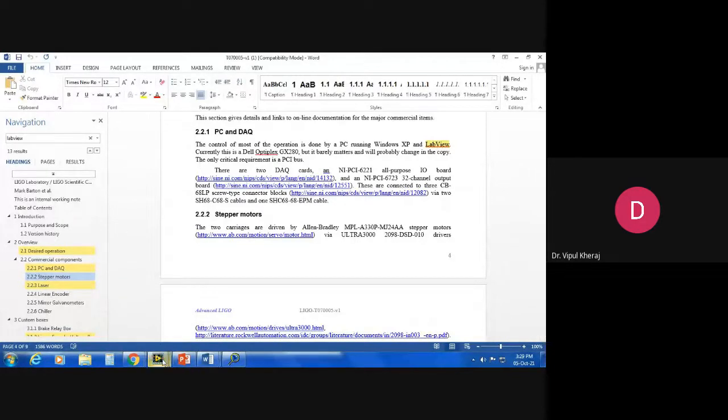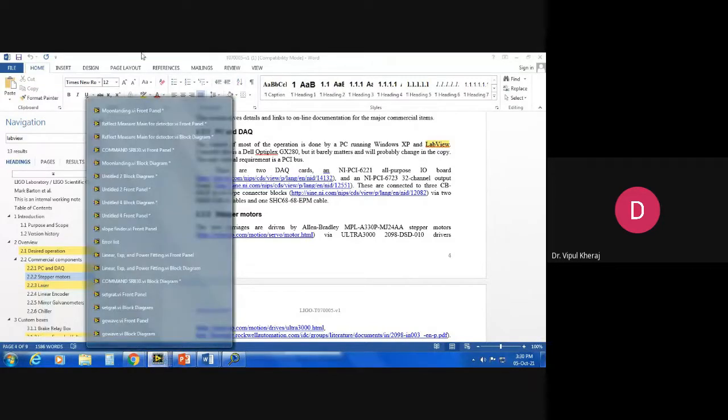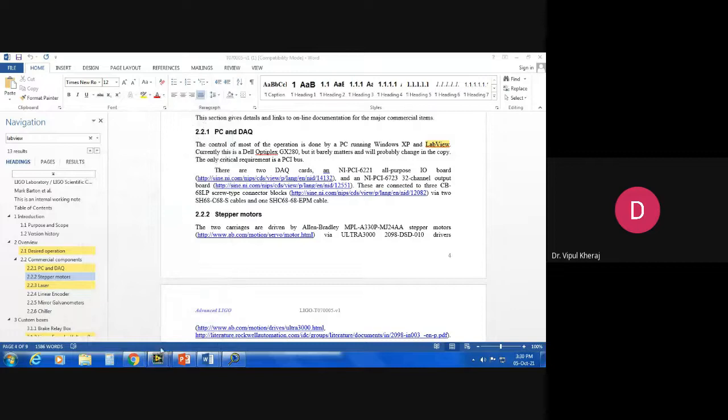This is for LIGO. Even NASA, like the International Space Station, has certain life-saving instruments, and those instruments are interfaced using LabVIEW. So LabVIEW is everywhere. If you are in major real-time, large-scale operations and experiments, then LabVIEW is there. So this is one thing about instruments and talking to instruments.